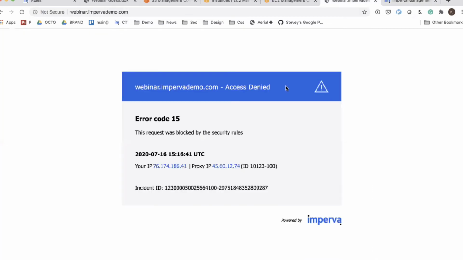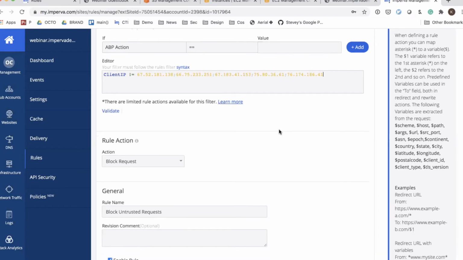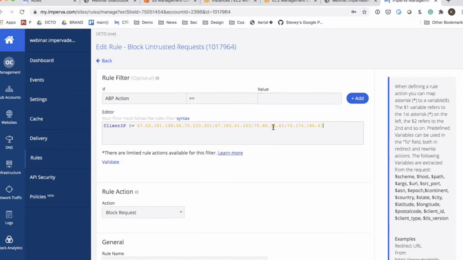Now, I go back to this error message, and one thing that we'll do is surface our specific IP address where we're coming from. And one cool thing about the syntax is you can have lists. You don't have to do client IP equals this, or client IP equals this, or client IP equals that. It gets a little tedious when you've got a lot of different addresses. This is the interface for building and editing a rule.